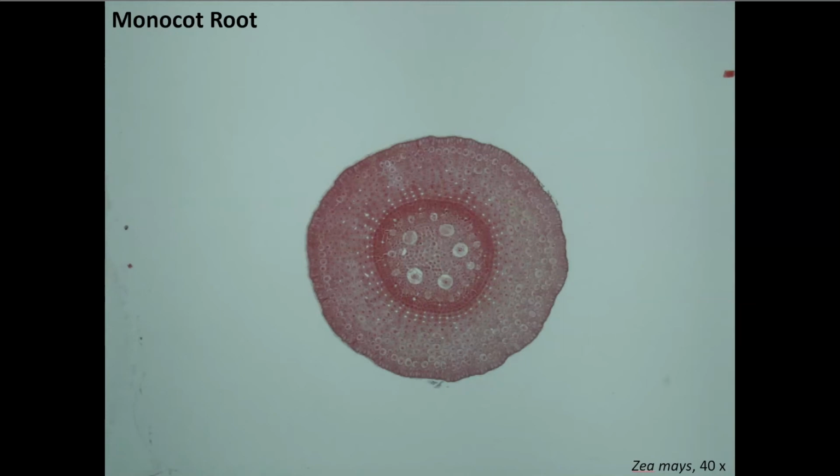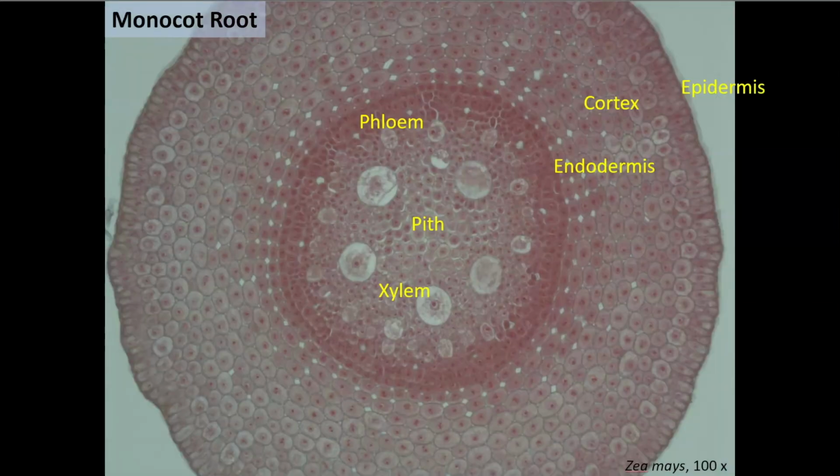All right, so now we're going to look at a cross section of Zea mays. Zea mays is a monocot, and this monocot root, we're going to zoom in and start to label structures. So here you can see that phloem runs around in a ring, generally about right here. Then in the middle of this, you're going to have a region called the pith,